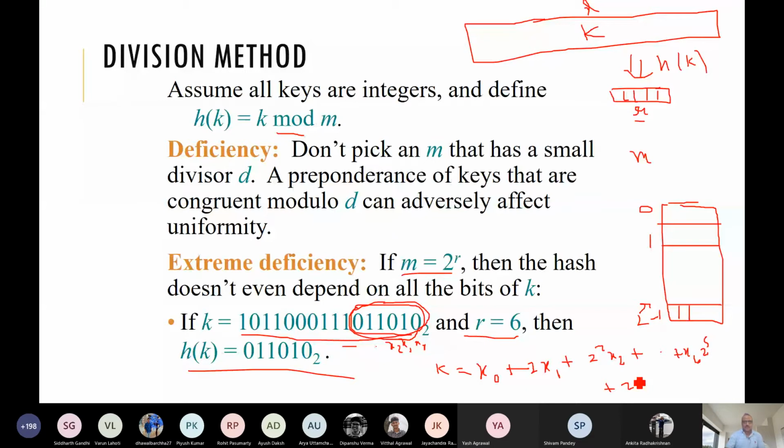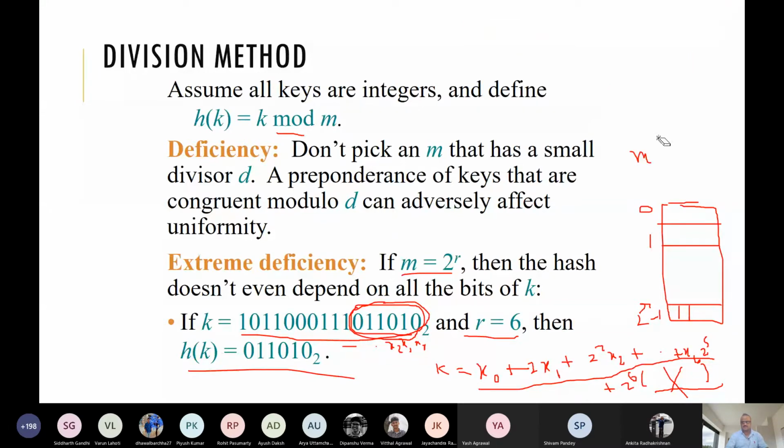So what is the problem with that? Can you see the problem? Any problem with that?